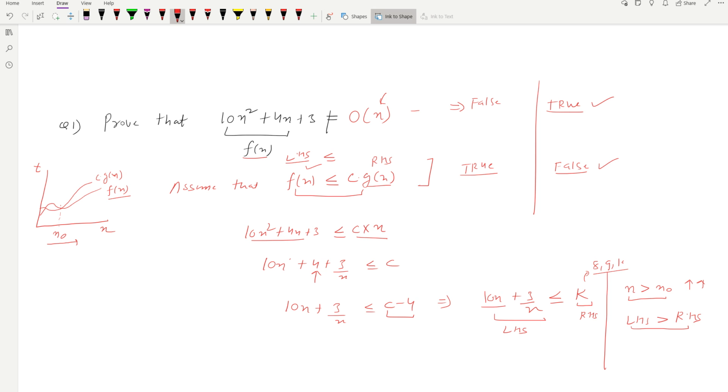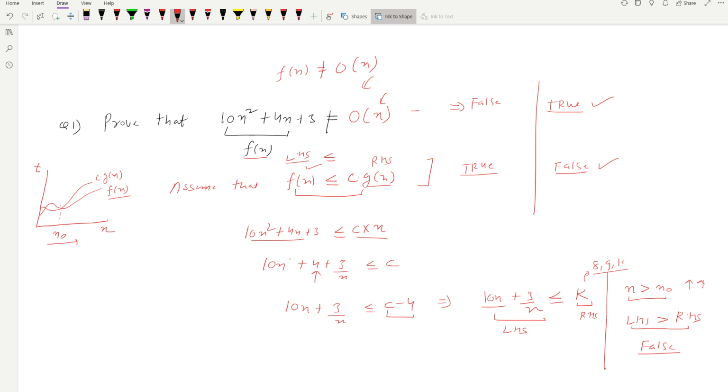So our initial assumption is actually false. And whenever our initial assumption is false, it means that whatever we are given is actually true. So we can say that by contradiction, this particular function is actually not equal to big O of